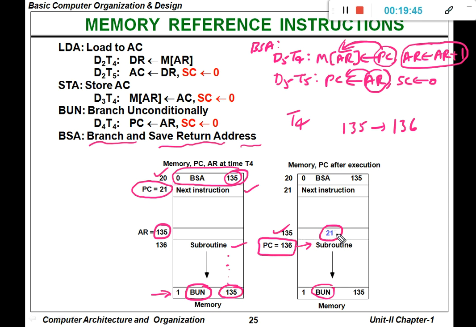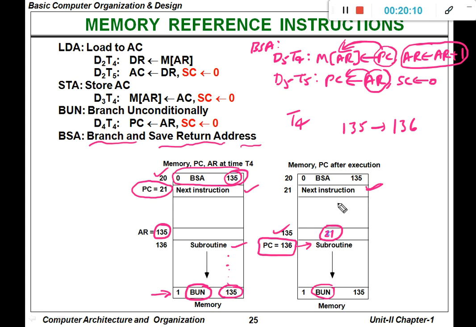In 135, what value is there? The value 21 is there. What is 21? 21 represents the address of the next instruction. So automatically the program counter will be updated to the next instruction's address, that is 21, and from the next instruction onwards it is going to continue the execution.